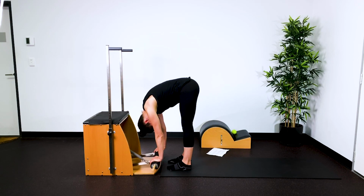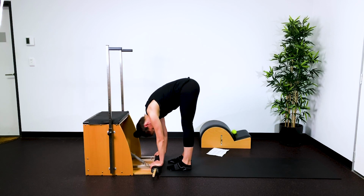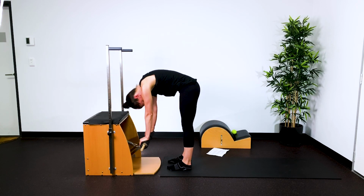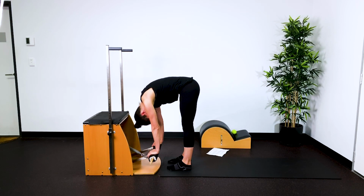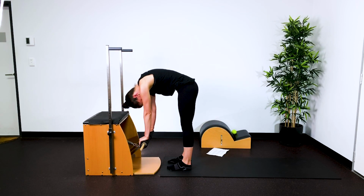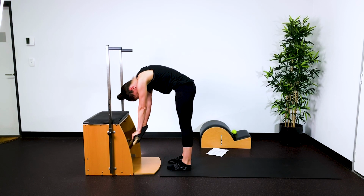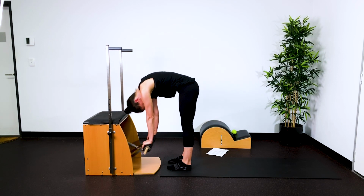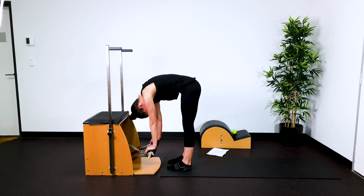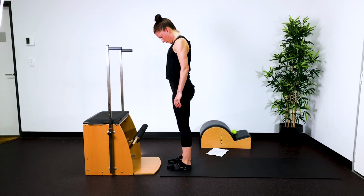Now the challenge here is to keep the hip joint directly above the ankle joint. Try not to rock the pelvis back and forth here. You're pressing down with your abs. You're pressing down by drawing your rib cage towards your hips, and then on the way up, actively tucking your sit bones towards your thighs so that you're using the glutes to anchor the tailbone down, and then rolling up